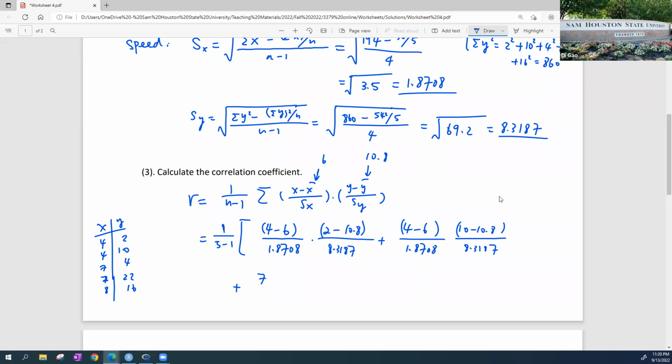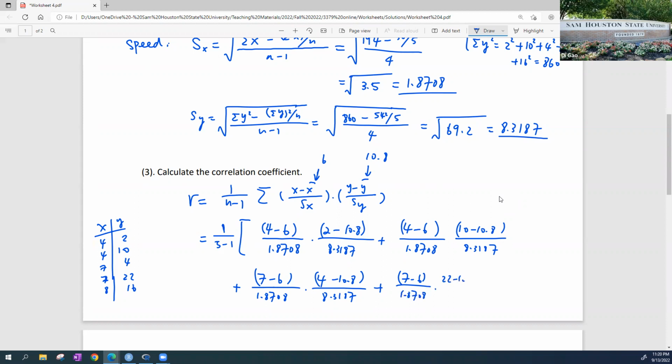So we got a 7 for x minus 6 over 1.8708 times y is 4 now, right? Minus 10.8, which is y bar, over 8.3187, and plus 7 minus 6 over 1.8708